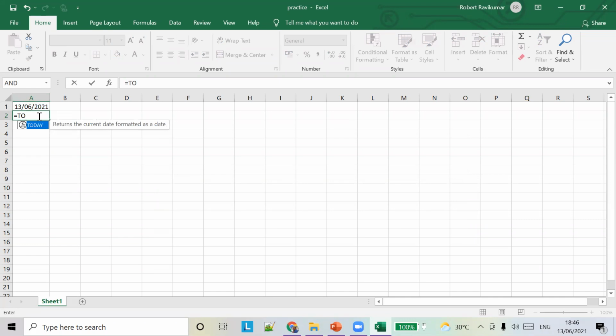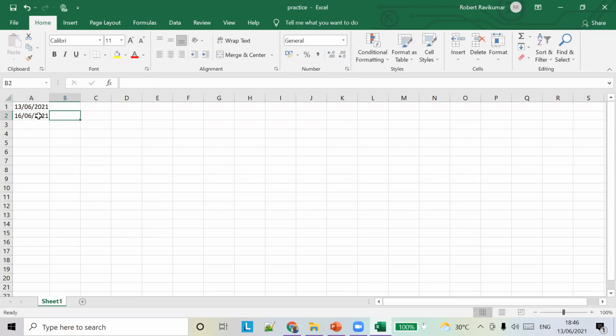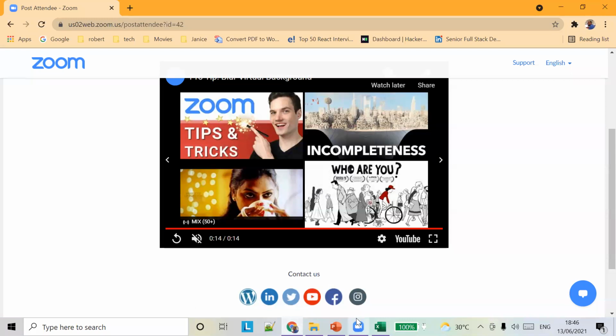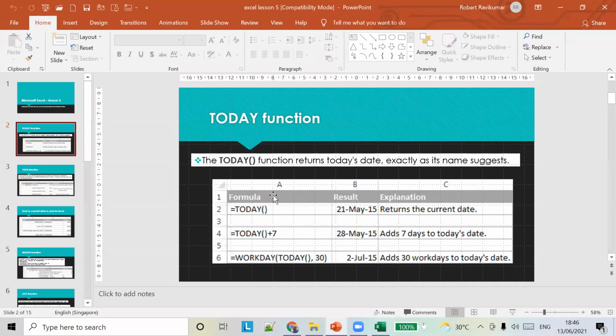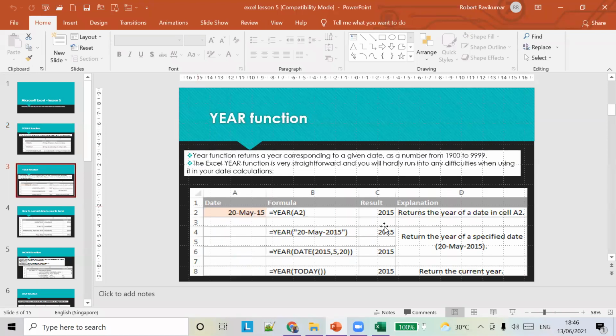So what you do is today plus 3. It will add 3 days like this and give you the 16th. Similarly, there are different functions we have in today's date, and we'll learn them one by one in these examples.